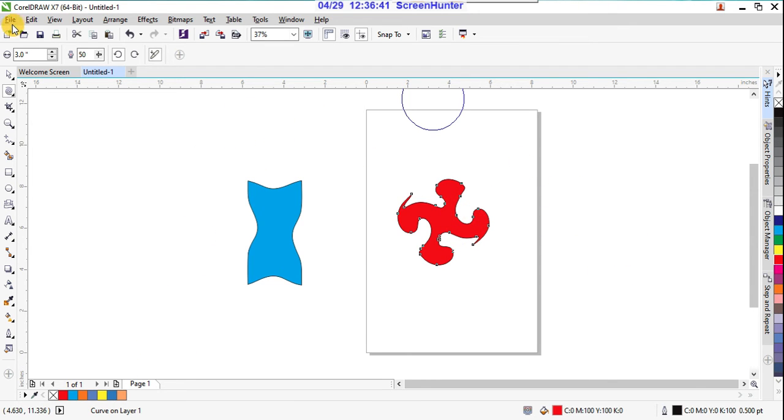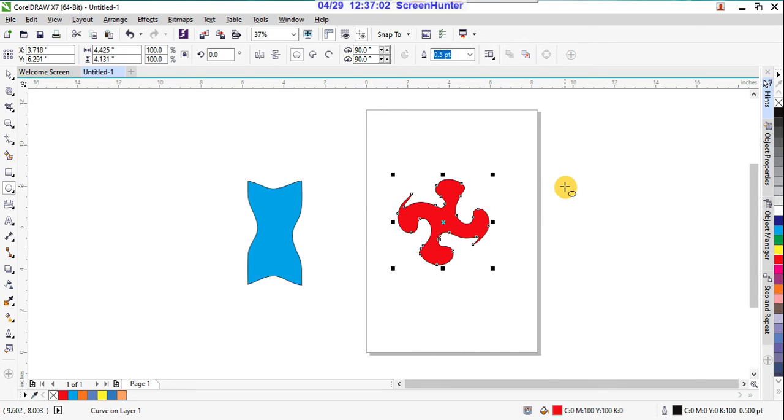And the amount of the swirl you can also control by checking this nib size and these values, the rate or speed, and suppose swirl counterclockwise. So here it is turned this side, and of course this side also we can control.